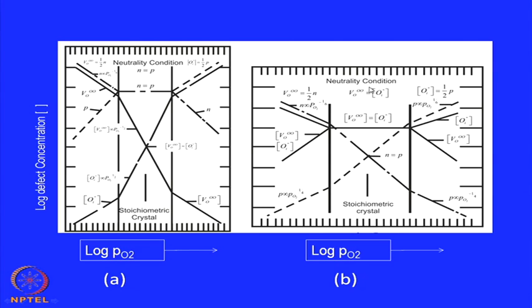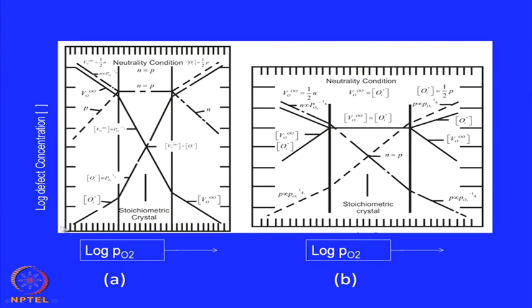So, there are oxides which are normally ionic conductors, so they follow this kind of situation. There are other oxides which are normally hole type conductors, so they will be falling in this range, and there will be another category of oxides which are normally or mostly negative or electronic conductors, they will